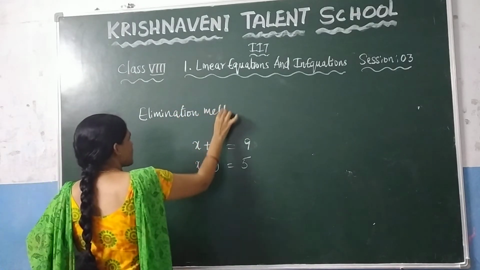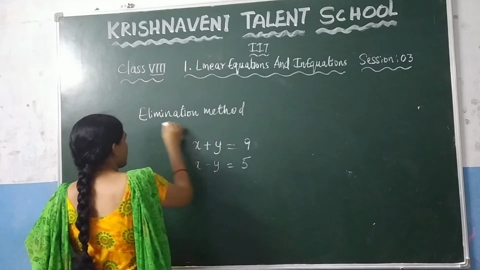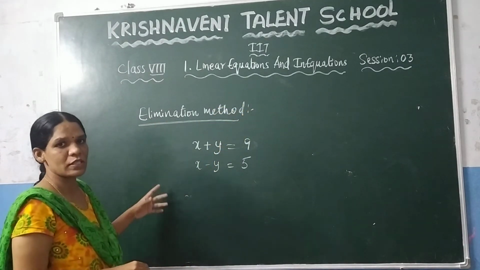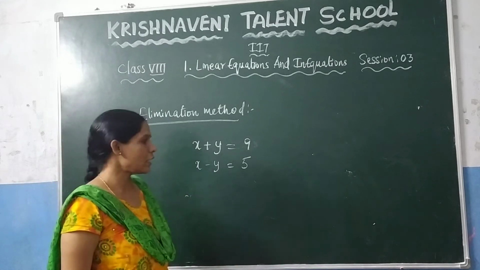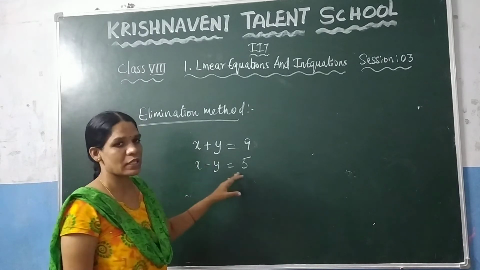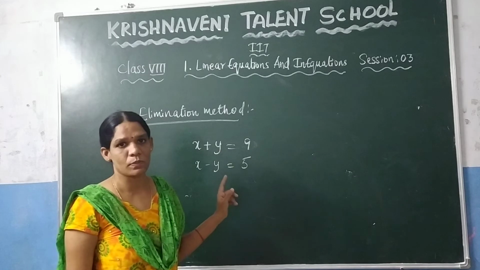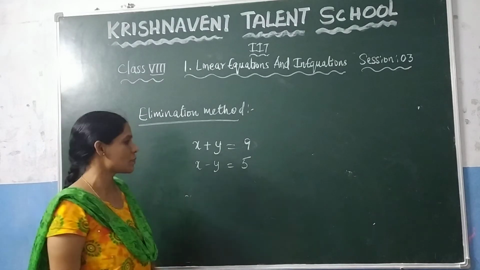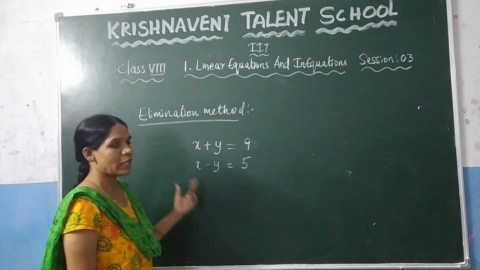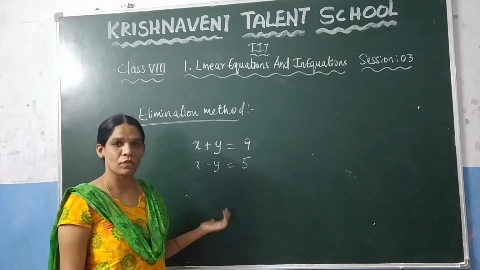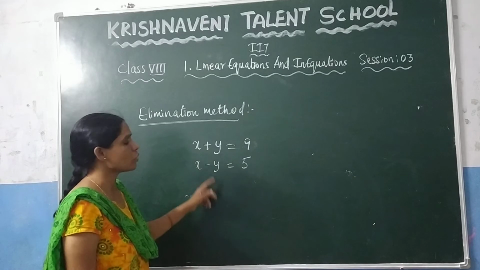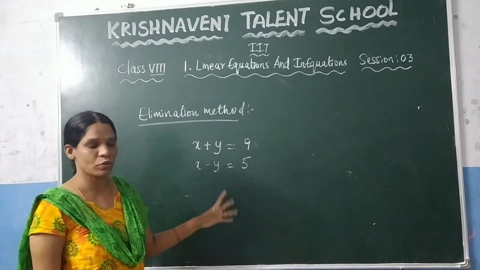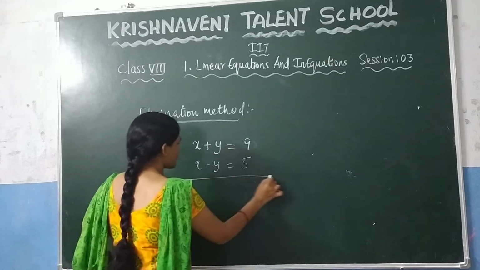The name itself says it: elimination. What is meant by elimination? It is nothing but removing, right? Elimination is nothing but cancellation. And here two variables are given. You need to remove one variable. And how do you remove one variable in this case? Here you need to check whether we have to add or subtract these two equations so that one variable is removed. You can observe that here.